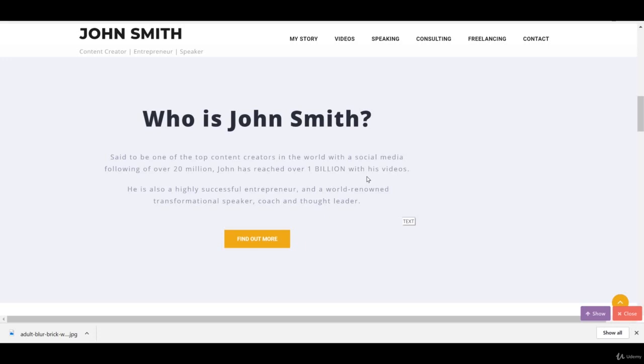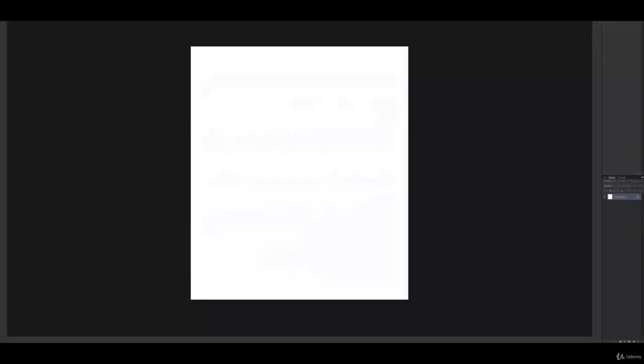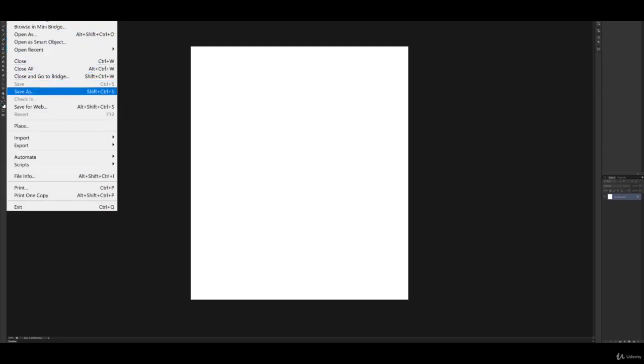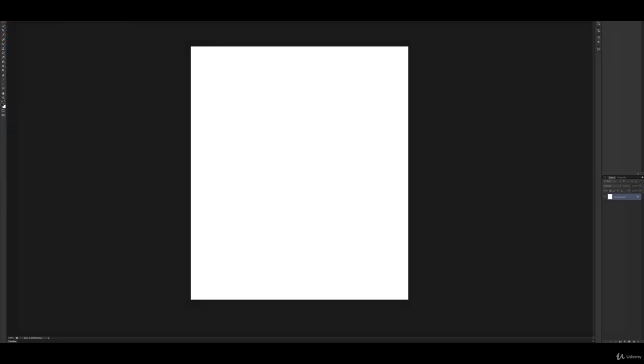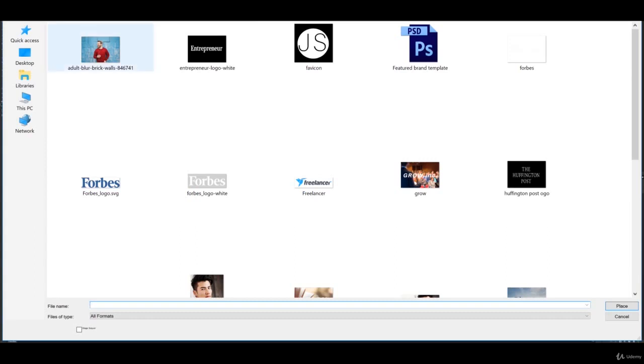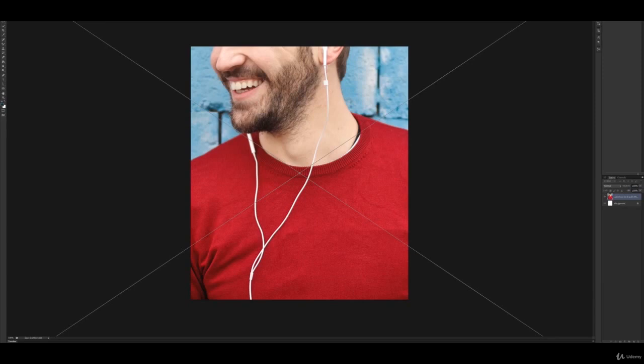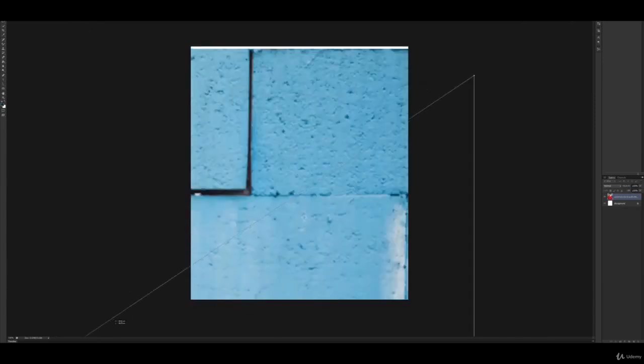So let's just quickly show you guys how to use the template. You'll open up the template here, image, and then you're just going to hit place. Say this is a picture of yourself and you want to use that, and all you do is